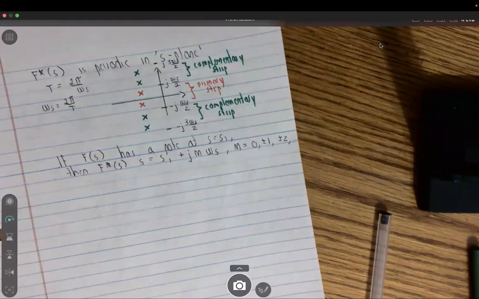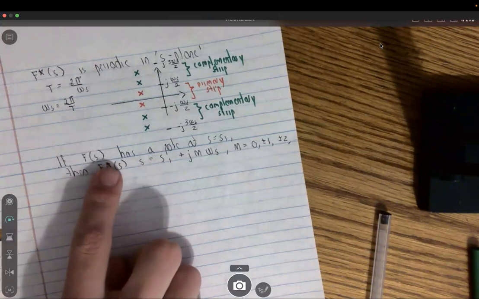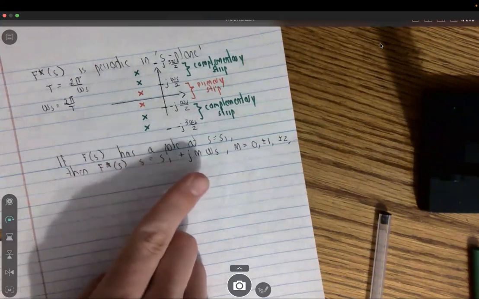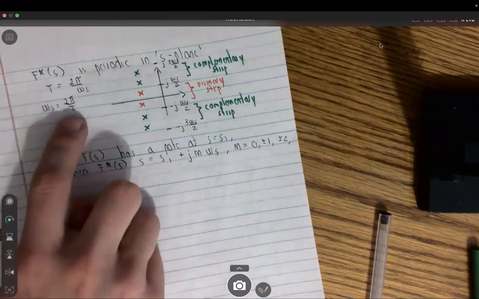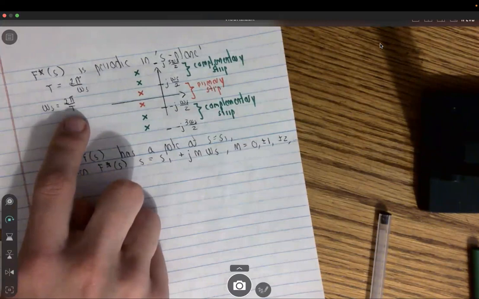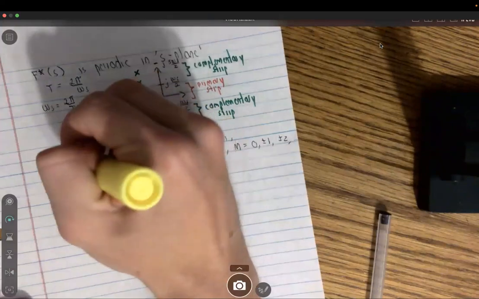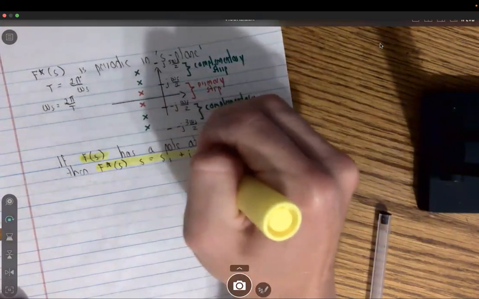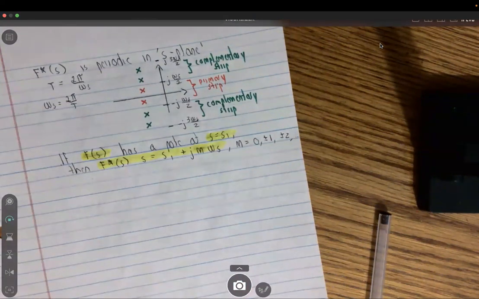So just be familiar with that. If you know the poles in the f of s plane, then you know the poles in the f star of s plane, but they're just repeated every omega s. And remember, omega s here is going to be your 2 pi all over capital T. And so that's what we basically have here. So if you know the poles in your f of s plane, in your f star of s plane they're just repeated every omega s. Okay, now that we saw that, basically, what we're going to do here is we need to know a little